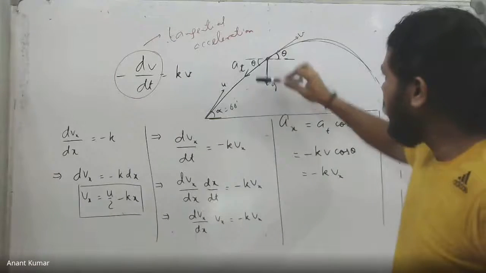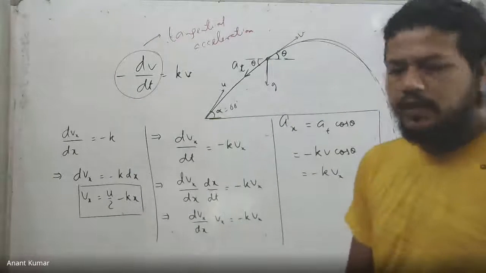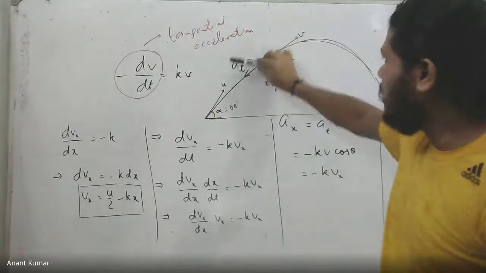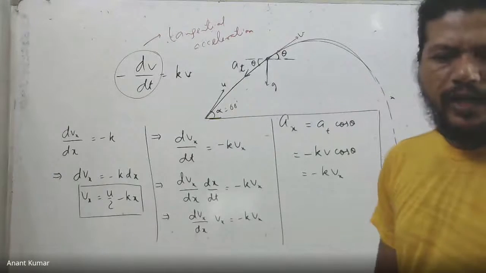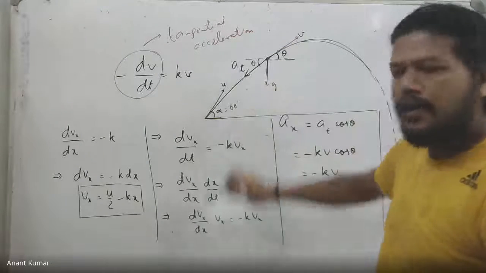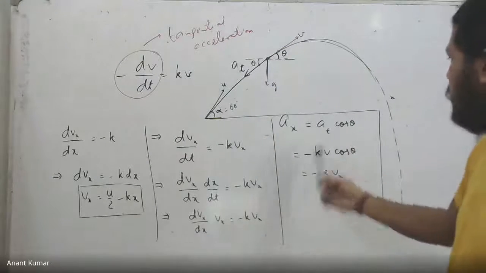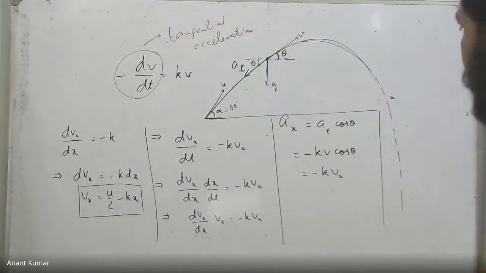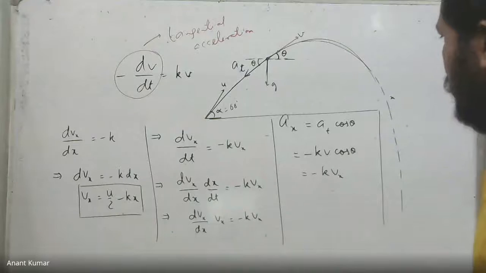Therefore, if I look at the x component of the acceleration, it turns out to be the component of at in this direction, because g has no role in that direction. That is why the only possible acceleration is going to be at in that direction, which gives us a_x equal to a_t cos theta. And from there, I use the fact that theta is the angle which the velocity forms with the x-axis.